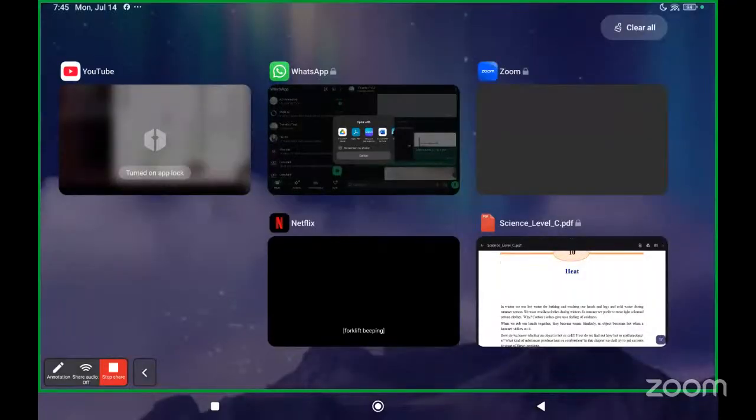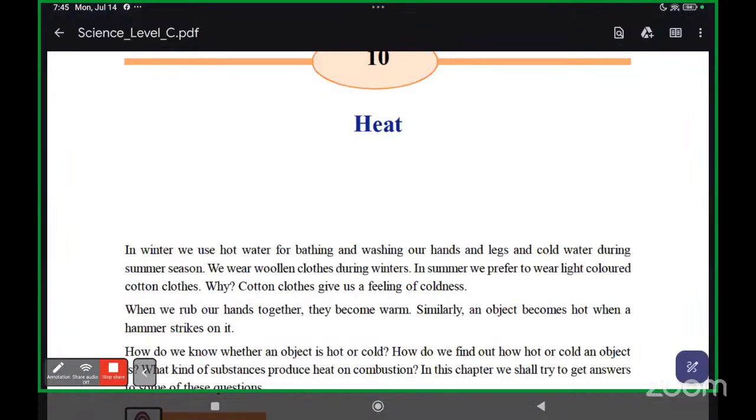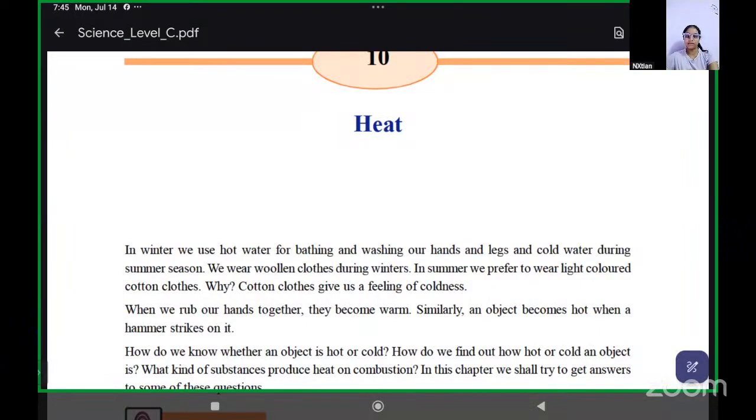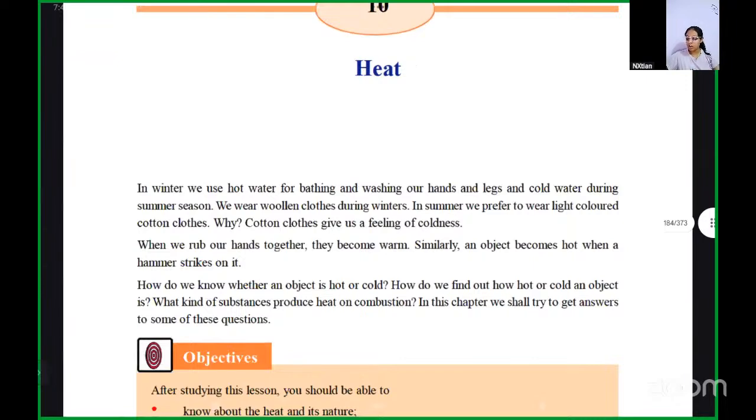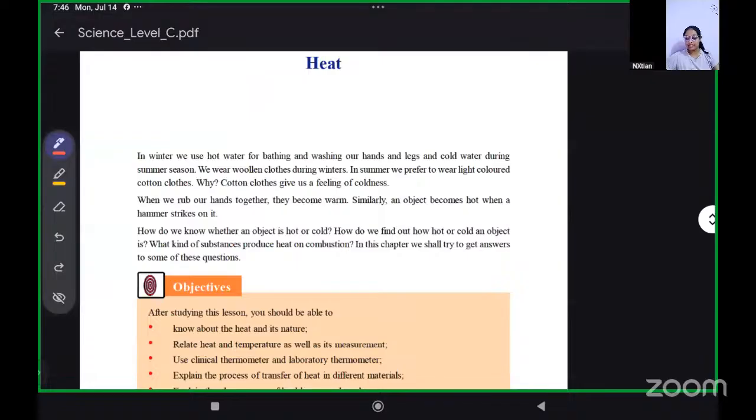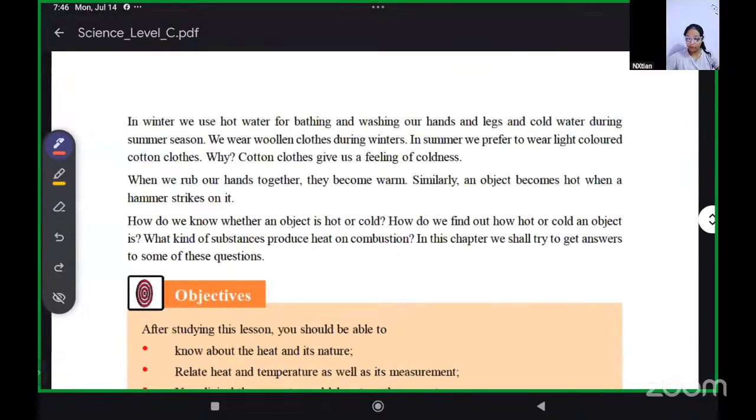Okay. Now we are going to start with a new lesson. Heat. So now in winter we use hot water for bathing and washing our hands and legs, and cold water during